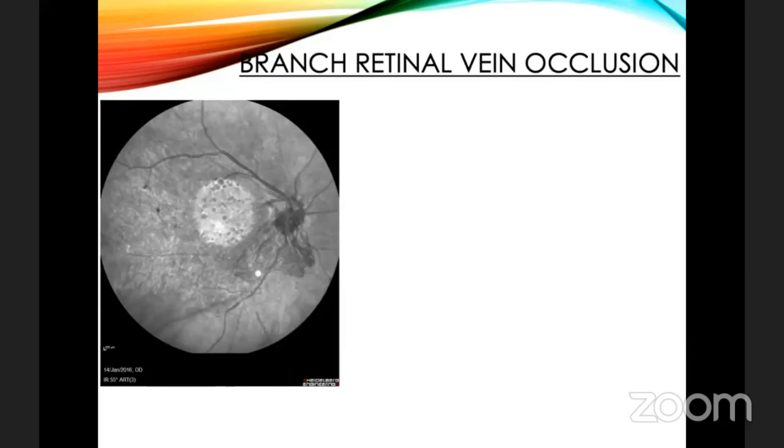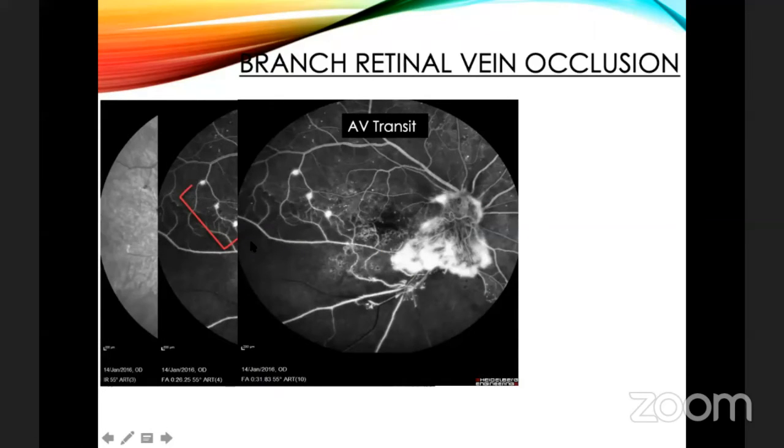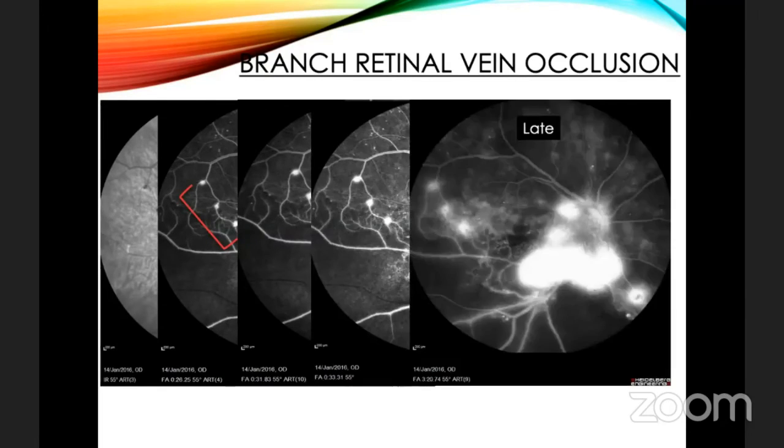So we see NVD over here in the inferior part of the disc, and when we proceed on, we see NVD which is leaking. We see a filling defect. We see CNP areas. We see a shunting of the vessels here between the healthy and the non-healthy area. So it is important to note all these things in our angiogram, because this is where we are going to use targeted photocoagulation to laser off all the capillary non-perfusion area to stop the pathophysiology in this process.